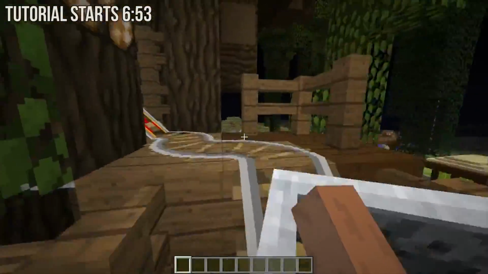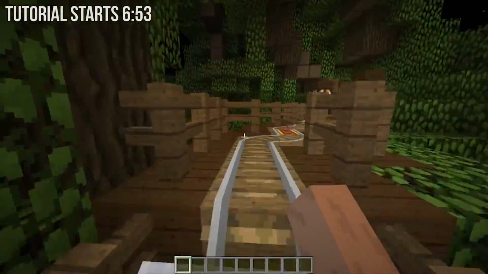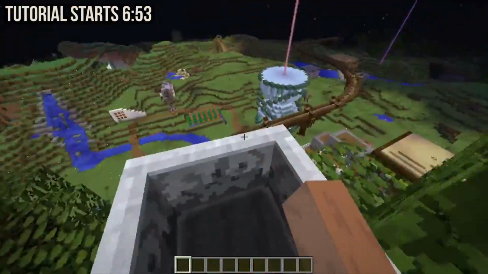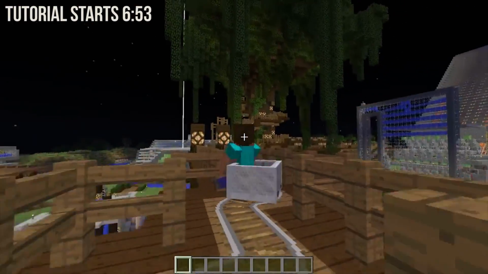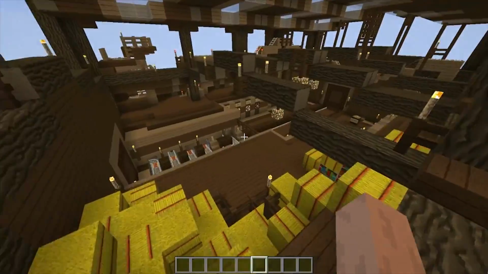Here we go. Oh, it's a little bit slow. Yeah, we go through the tree. We get, oh my gosh, we're going all the way to the top. I didn't know it went this high. Okay, and then we jump off. Oh, that's awesome. Okay, so I went ahead and copy and pasted the exact train station that was in